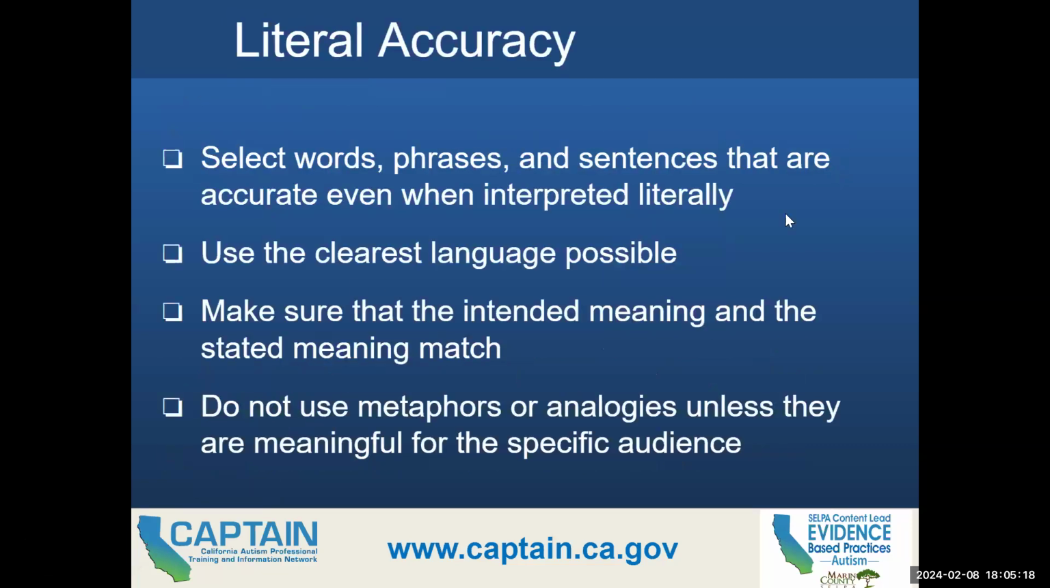We also want to be literal. When we say something, we want it to be able to be interpreted literally. So walking feet, that means I walk in the hallway, right? Our feet are going to be walking. We want to use the clearest language possible. And we also want to make sure that the meaning matches, the intent matches what's stated, okay? So that's why you wouldn't use analogies or metaphors, right? Because